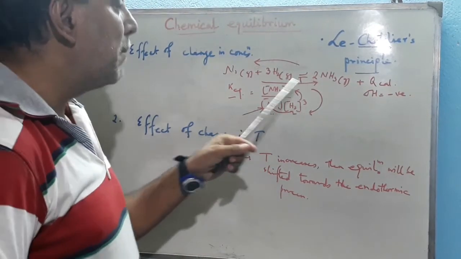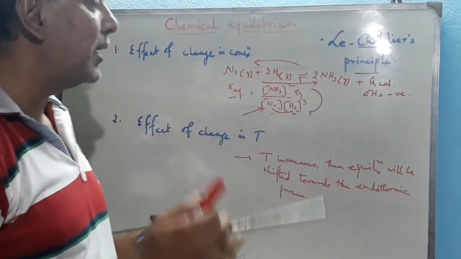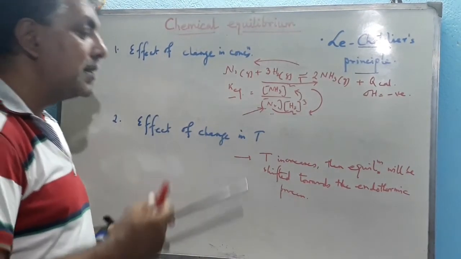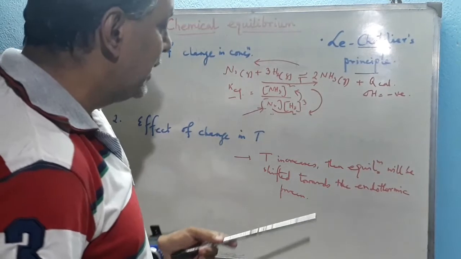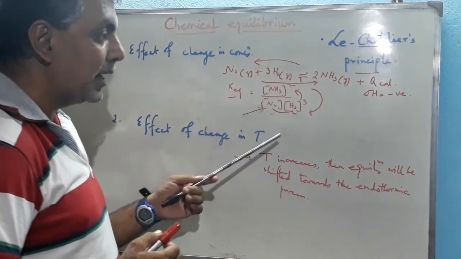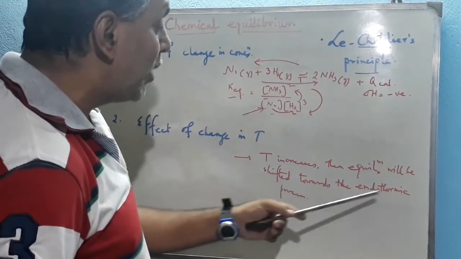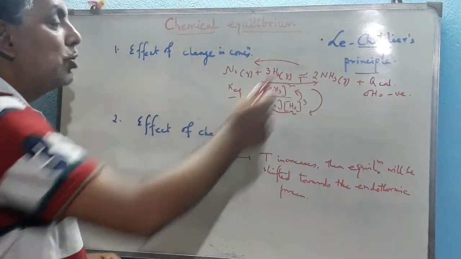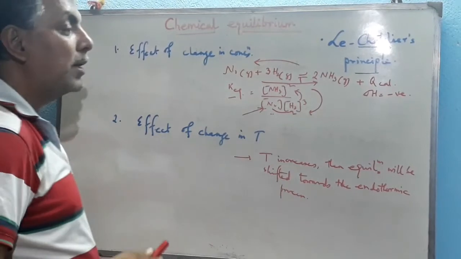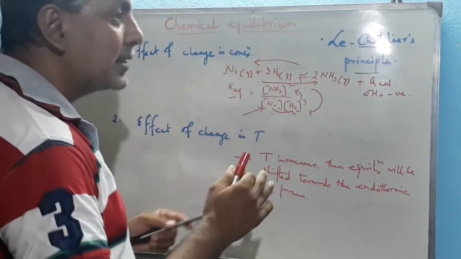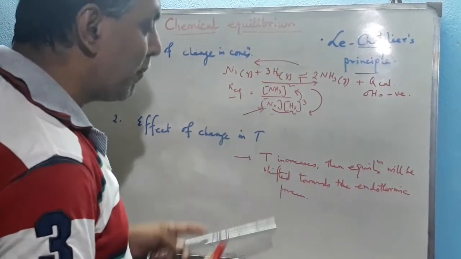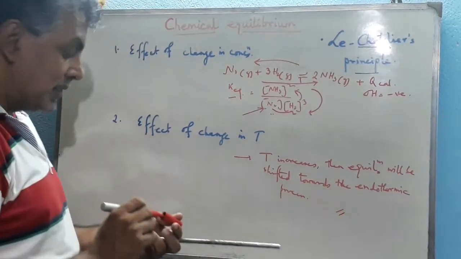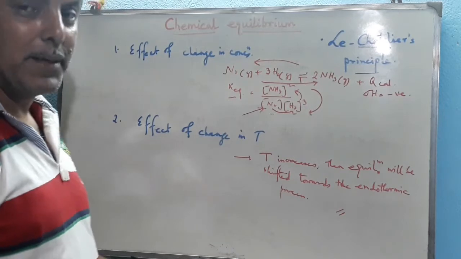So if the temperature is increased to near about 700-800 degrees centigrade, because the optimum temperature is 500 to 550 degrees centigrade maximum, so if the temperature is increased after attaining equilibrium, then the equilibrium will be shifted towards the endothermic, because the backward reaction is endothermic as the forward reaction is exothermic. So some ammonia gets dissociated to form nitrogen and hydrogen, and hence the rate of formation of the product gets dropped. These are the first two effects: effect of change in concentration, and effect of change in temperature.